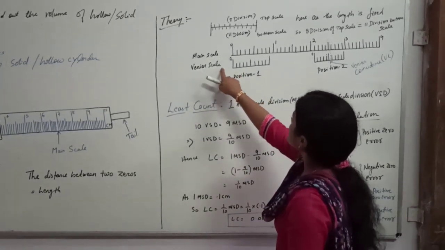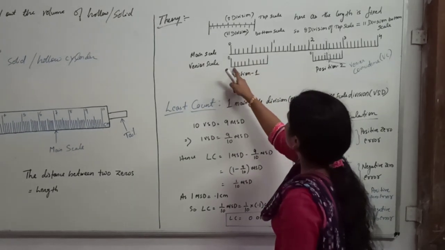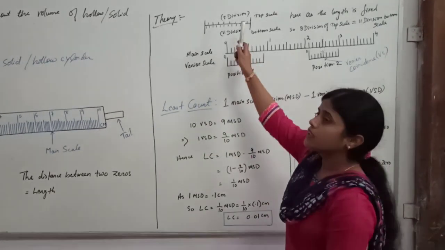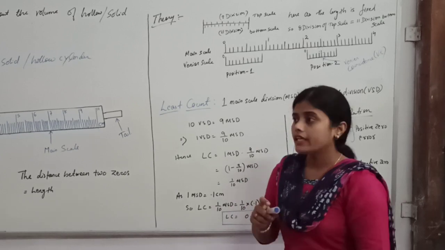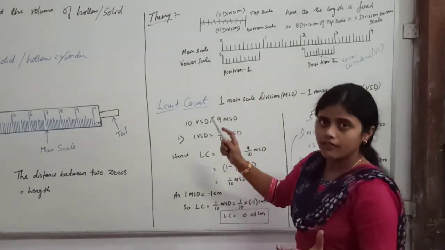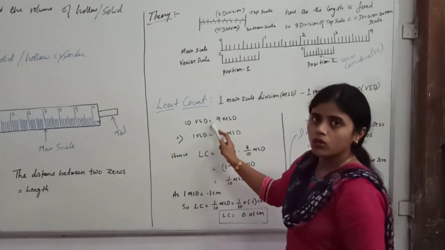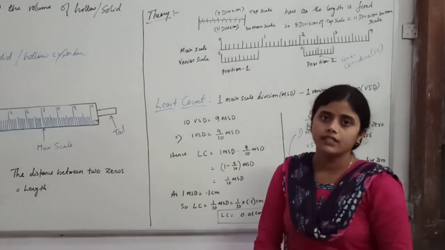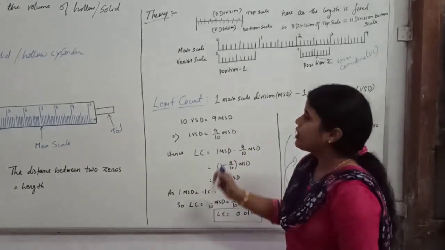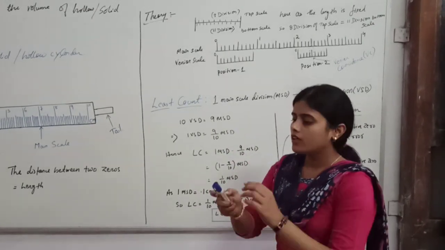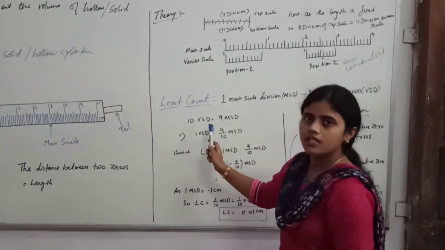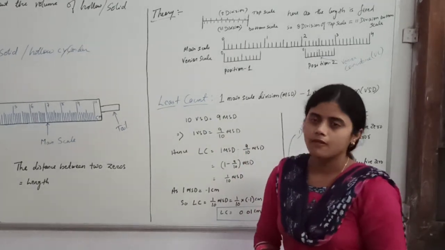Similarly, in the vernier scale, I will calculate the divisions. 1, 2, 3, 4, 5, 6, 7, 8, 9, 10. 10 divisions are there. As per this principle, length is fixed. That's why I can write 10 divisions of vernier scale, because I have counted 10 divisions, is equal to 9 divisions of main scale. So you see, I have not written anything new. Whenever you will perform the experiment, you will by yourself calculate the divisions. You will see that 10 divisions of vernier scale is equivalent to 9 divisions of main scale.